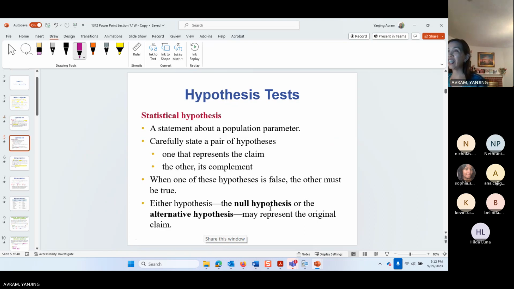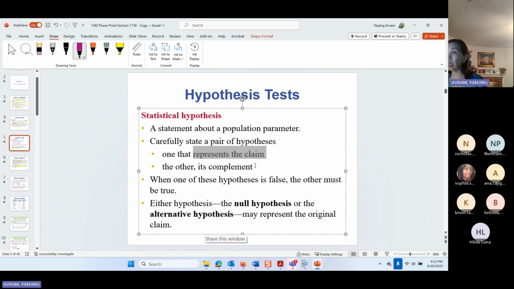Okay. All right, so that is the statistical hypothesis. It's a statement about a population parameter, right? And usually you have to be very careful to state a pair of hypotheses. So one is